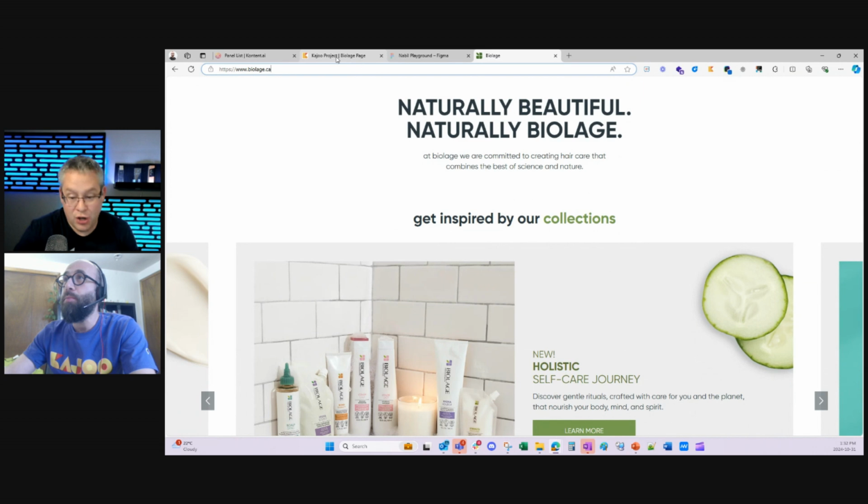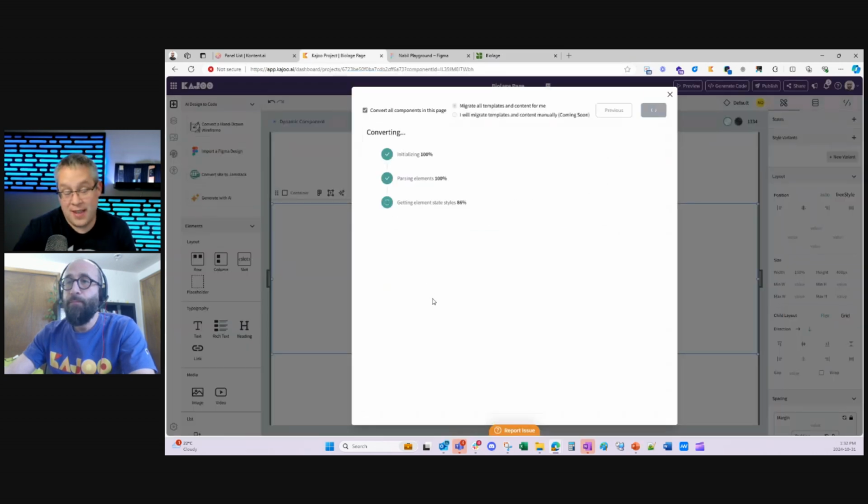So now, very low to zero setup to get that process to work because you can just point it at a link. Exactly. For the use case of a public website where you don't know where this is implemented. For other use cases where you have maybe an implementation on a DXP, you can install the Kajoo plugin, and then we can do the same thing and convert the front end code, but we can also map it to the content models that are implemented on that legacy CMS.